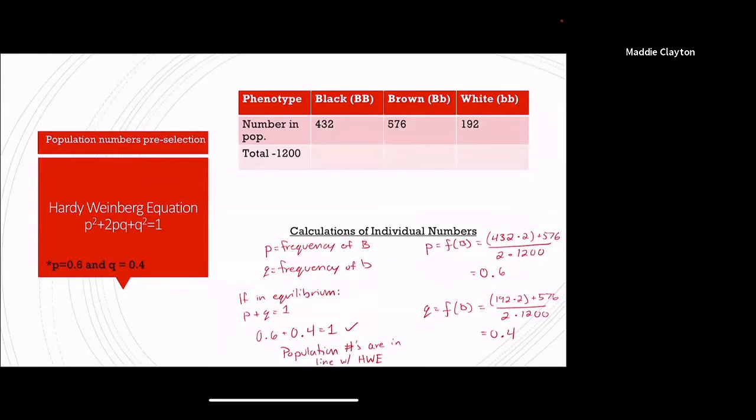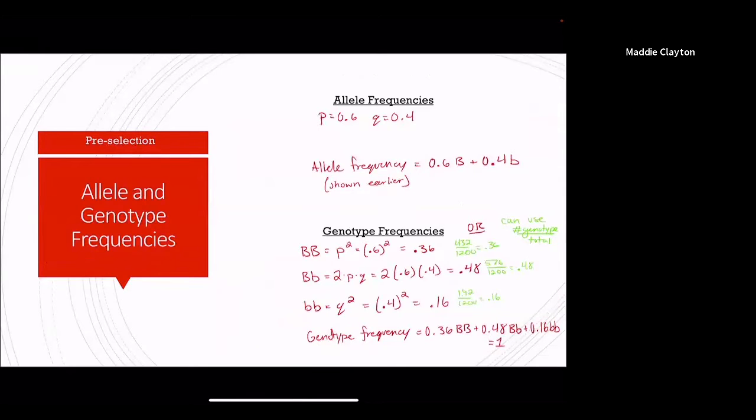And to find if this population is in Hardy-Weinberg equilibrium, we simply find the frequency of big B and the frequency of little b, which ends up being for big B 0.6 and for little b 0.4, which adds together to equal 1, which is good. And then it also equals out within the Hardy-Weinberg equation. The allele frequencies, as we saw from earlier, P is representative of big B, it's 0.6, Q is representative of